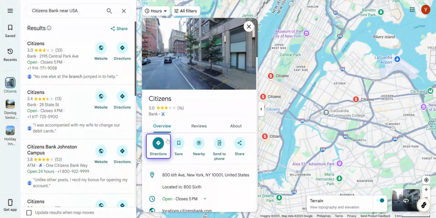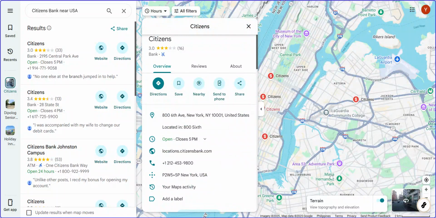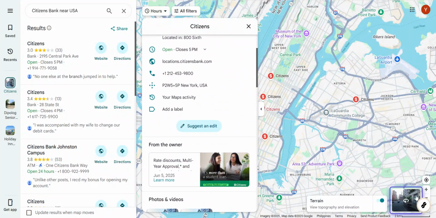For more options, often after selecting a business or location, you'll see a sidebar that includes reviews,